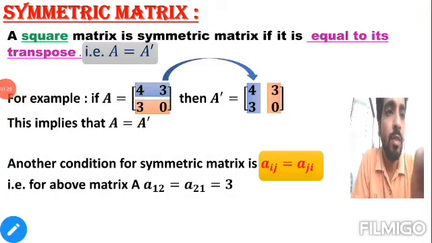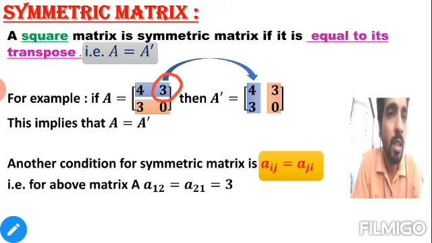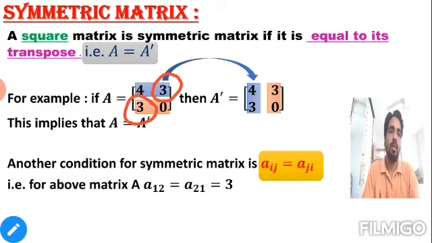So if you see the A12 in the matrix A, that is a 3, and the A21, that is second row first column, that is also 3, and you see both are equal. So for a symmetric matrix, position-wise the elements A12 and A21, A13 and A31, all these kinds of elements are always the same. That's why while changing the position we find the same matrix only. This is the concept of symmetric matrix.